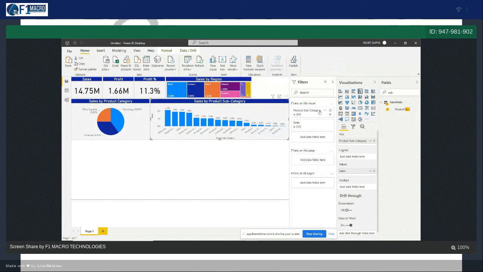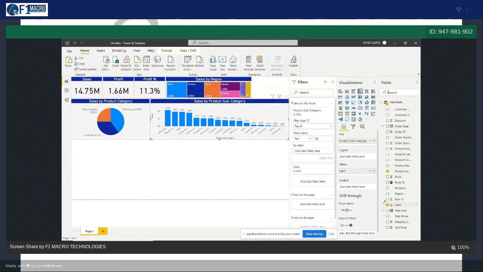So under product subcategory, you have basic filtering, advanced filtering, and top 10. Under top 10 you require only top 10 subcategories. So I just type top 10 subcategories, and you want top 10 subcategories by what, sales or profit. So you will have to drag this attribute here by value sales, and just click on apply filter.